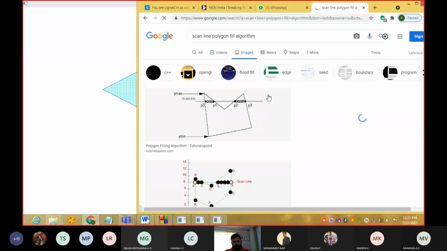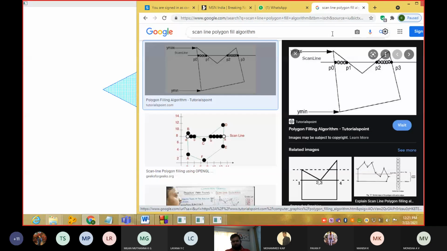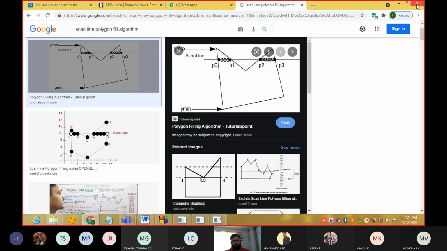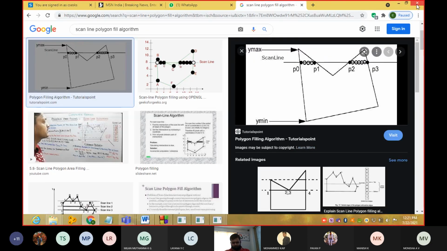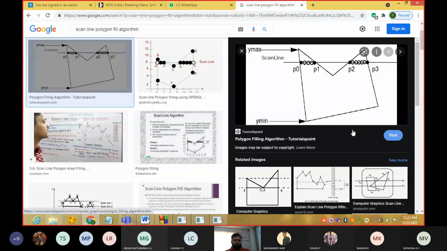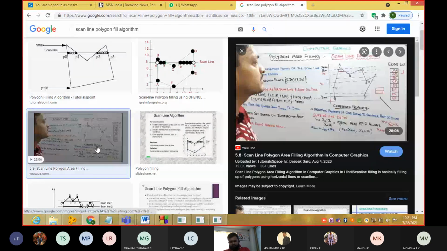This gives a better understanding. From left to right, we are going to fill. See this arrow mark, we call that line the scan line. I think even this may give you a better understanding.